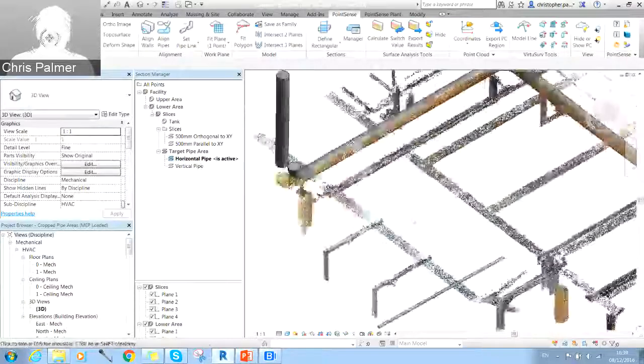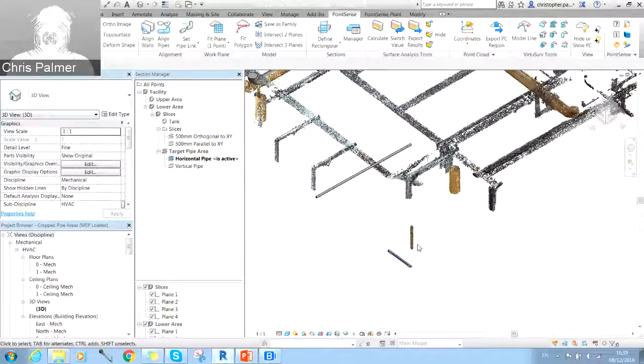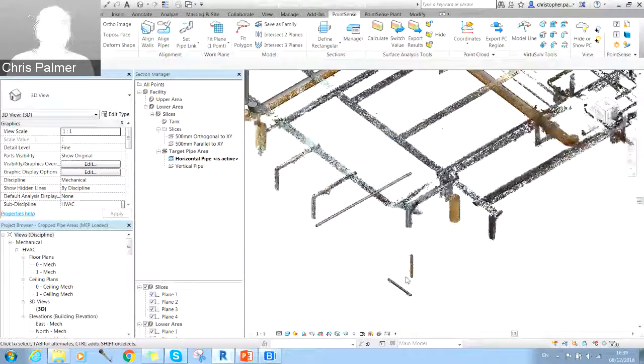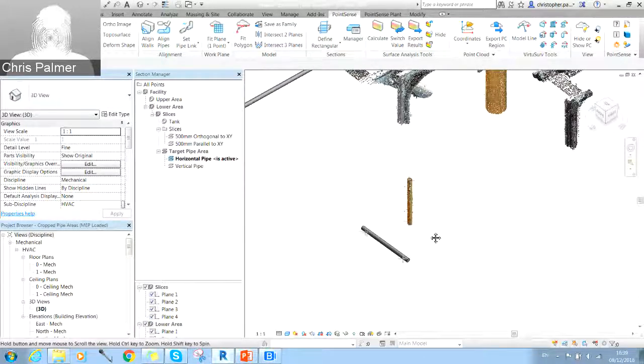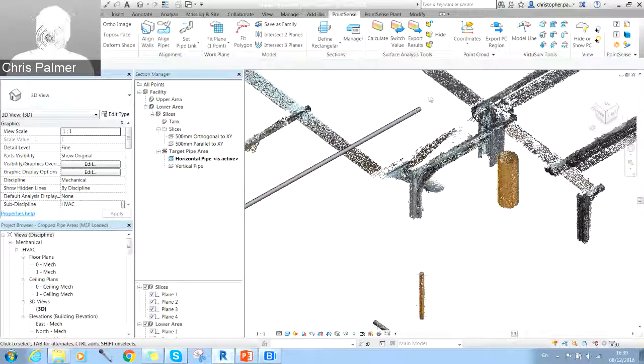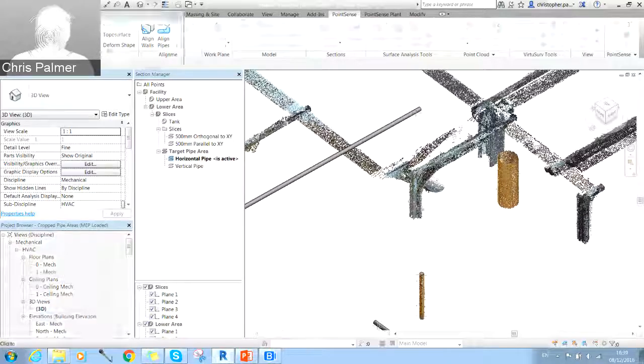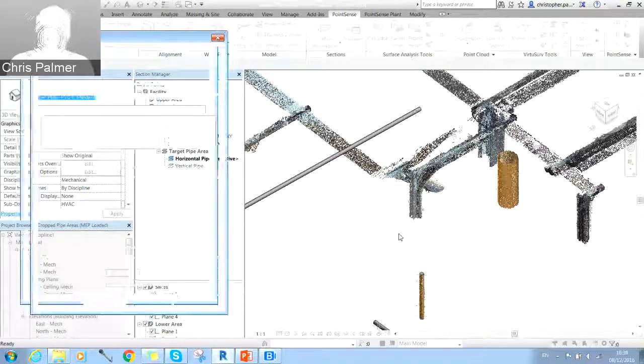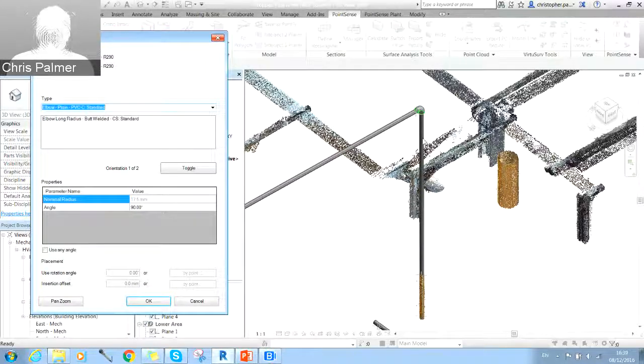We'll do the same now for these pipes here, and I'm going to show you how to join these using the align pipes tool next. So I'll just add one more elbow in here. We've got this quite long run here, so if we maybe go place pipe fitting, select the end of this pipe and the end of this pipe, press the escape key, you can see how that pipe snaps now up